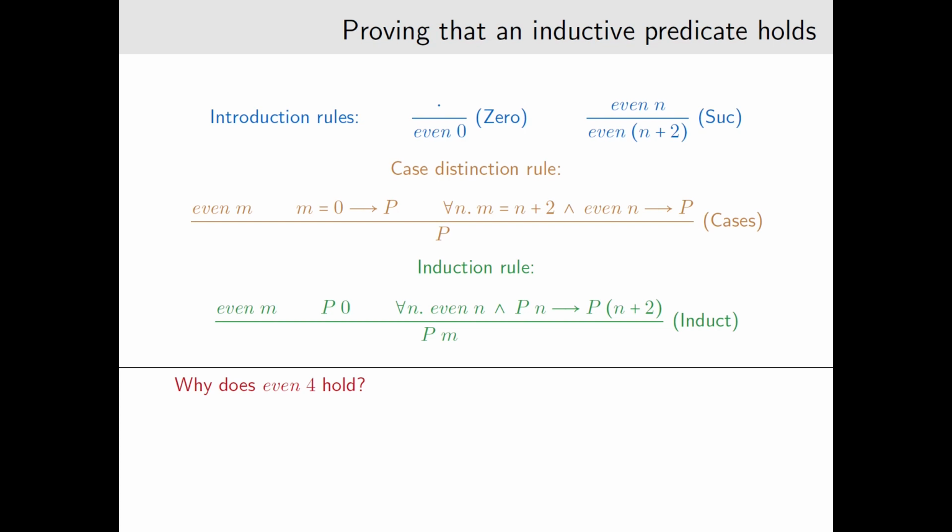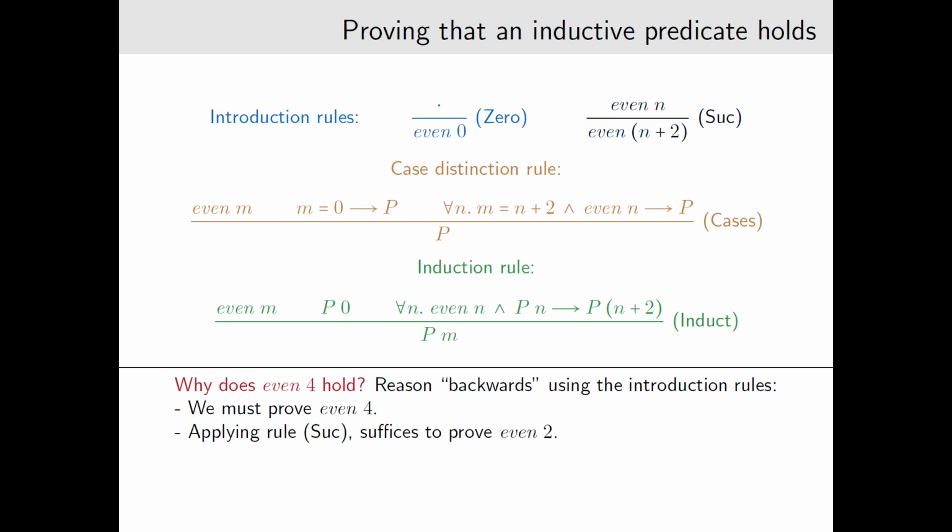So we want to prove that 4 is even. The blue ones, the brown one, or the green one? Just the blue ones, right? So this is a direct proof. If you're familiar with proof systems, this of course rings a bell. We reason backwards, so they are called introduction rules, but we think of them as being applied backwards. We start with what we want to prove. We must prove even of 4,